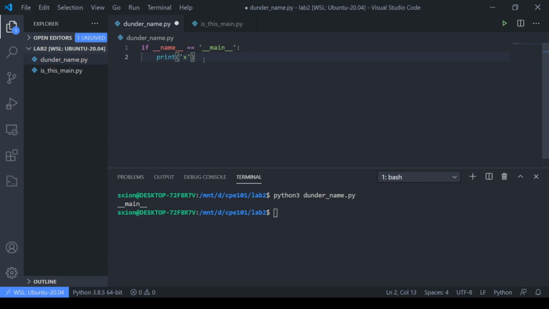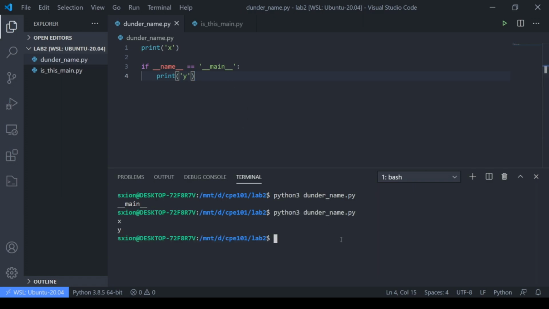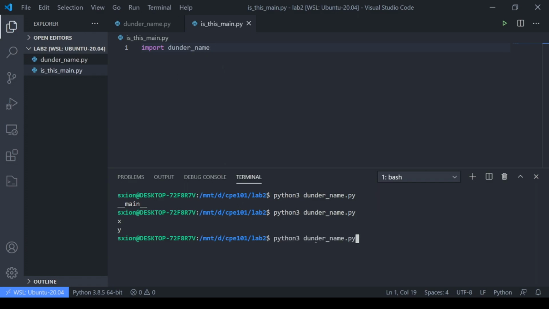Here, let me move this up here instead. So basically, I'm saying print x, print y. If I just run this file directly, it's going to do both. It's going to print x and it's going to print y. Now, if I decide to import dundername, which, because they're both in the same directory, I'm pretty much able to import it. And now if I run this second file called isthismain.py,